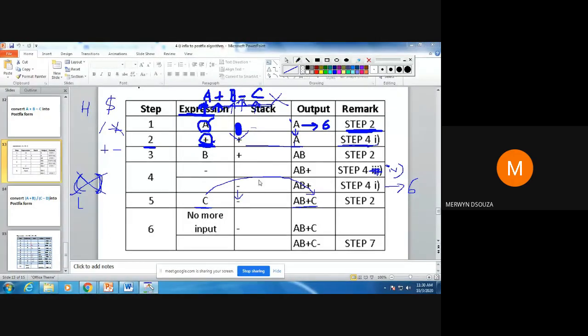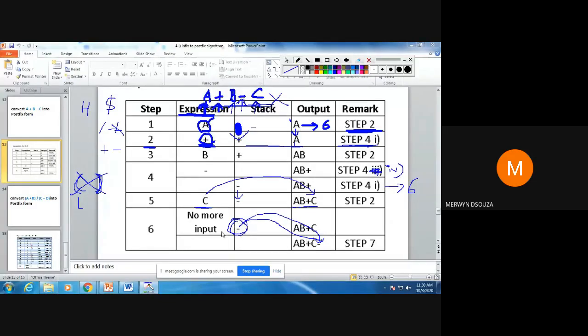Step 7 says, if there is no more input, pop the remaining operators from the stack and put those operators in the output. So you pop this and put it in the output. You have to keep doing step 7 till there are operators in the stack. If there were many operators in the stack, you would have popped the topmost element, and put it in the output.